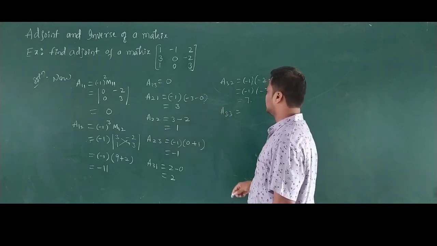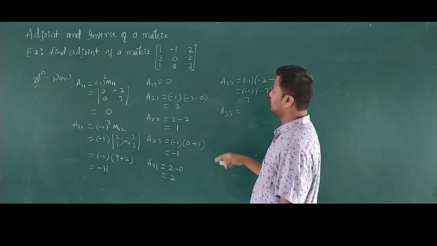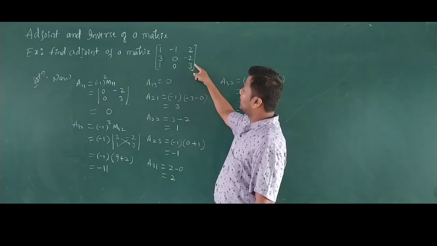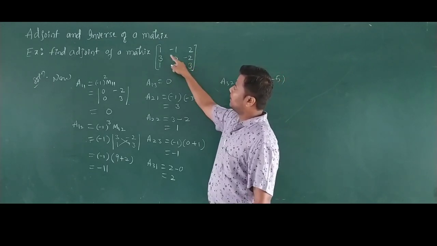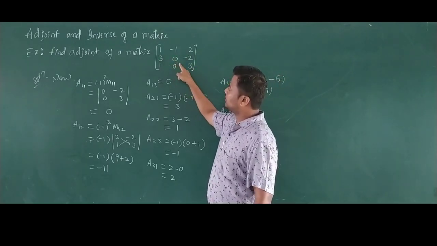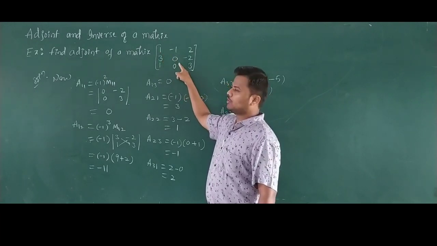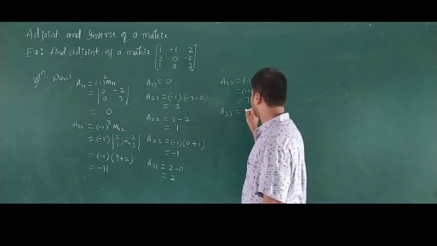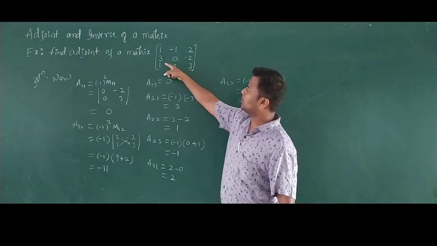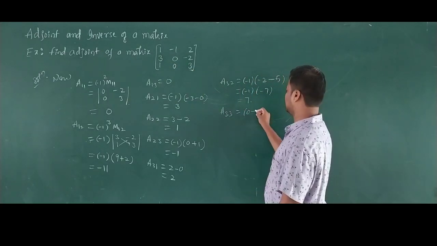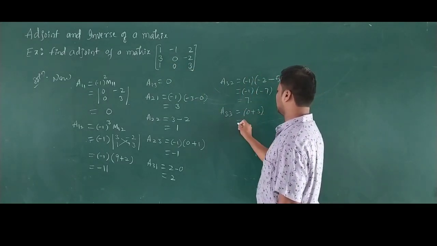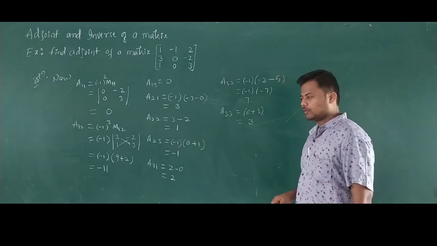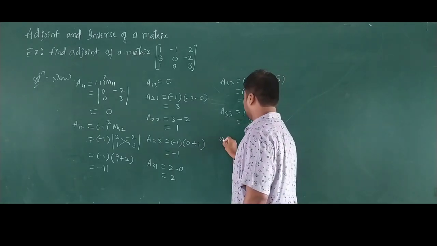a33 equals 3 plus 3, plus, leave it. For this element, remaining row and column: 1 minus 1, 3 0, 1 minus 0 is 0, minus 3 into minus 1, minus 3 minus 1, minus into minus plus, this value is 3. So adjoint of A equals